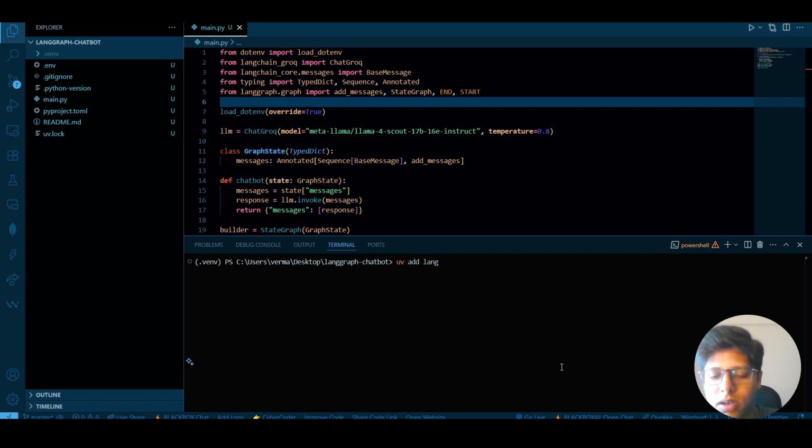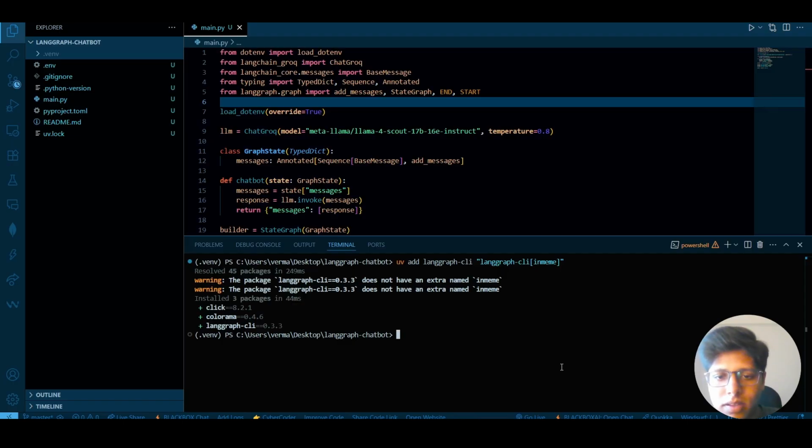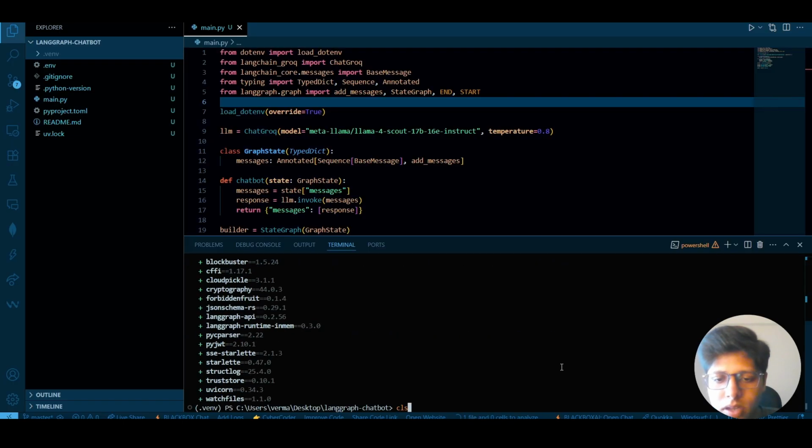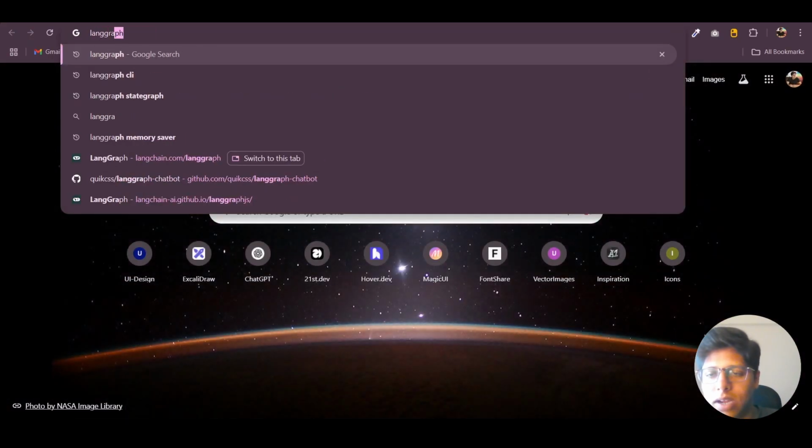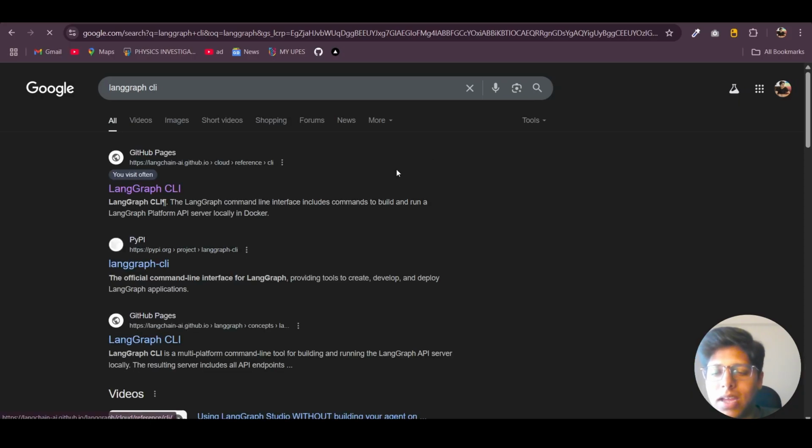My bad. LangGraph CLI, LangGraph CLI in mem. While this is loading, I misspelled the name here. Yeah. So now if we go back to our documentation and search for LangGraph CLI, you can see that in order to fire up our LangGraph Studio,